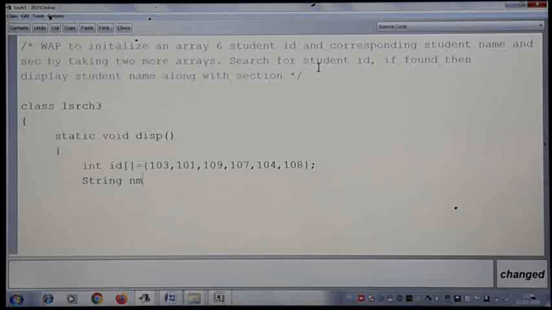Okay, now we have to store the corresponding student names. So let me make one string array. So I'll take the initial value as, let me take this one student name, second student, okay, then I'll take it as Akanksha, then one more student name, then 4, 5 and 6.